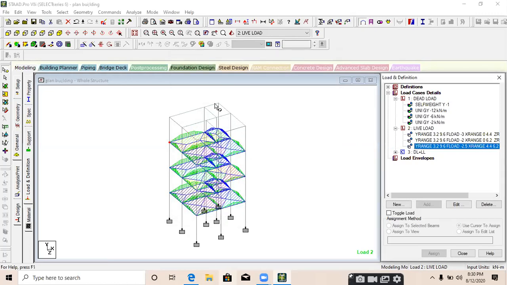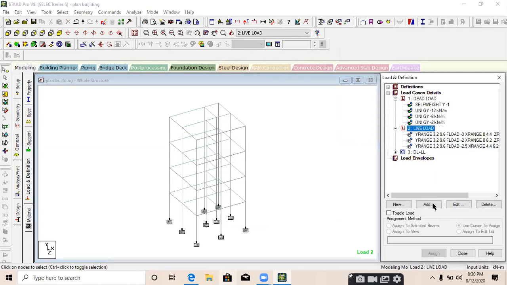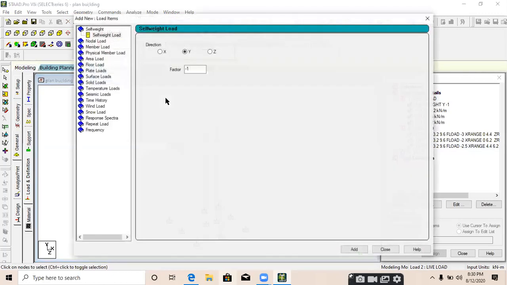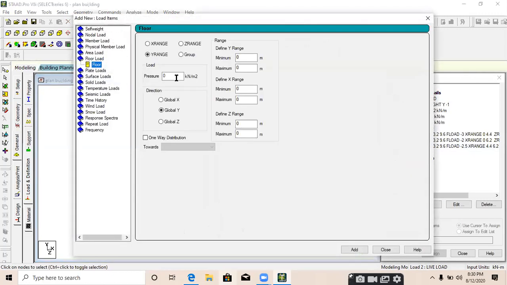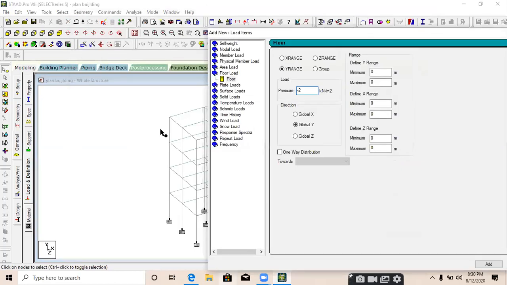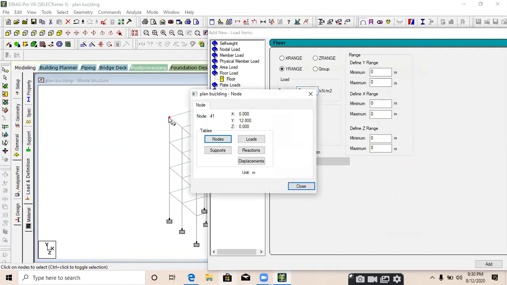What about the roof? We need to apply a roof load. Just find out in the code, okay? Just go and read once. Live load, add, floor load, pressure. I'm providing -2 kilonewton per meter square at the roof. And what about the range? Y range will be the height of the building, 12.8.